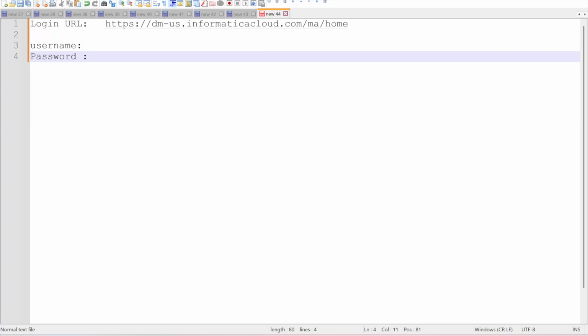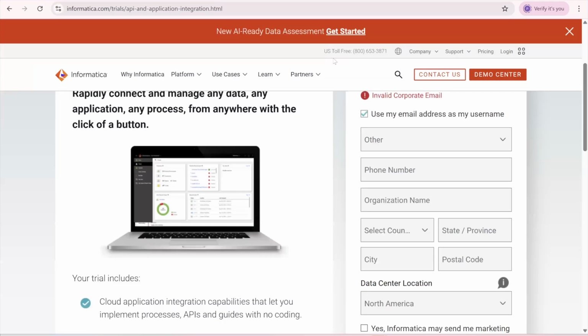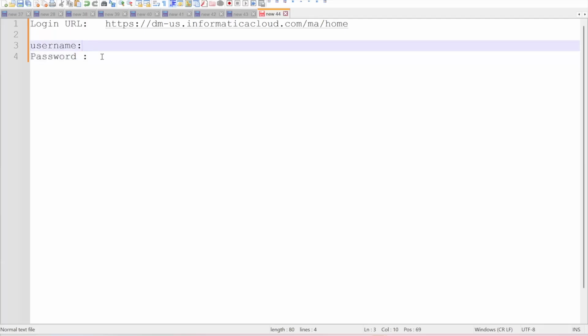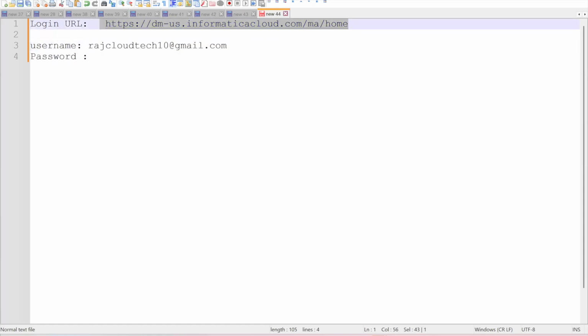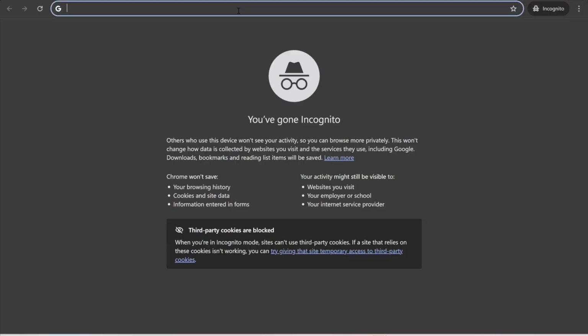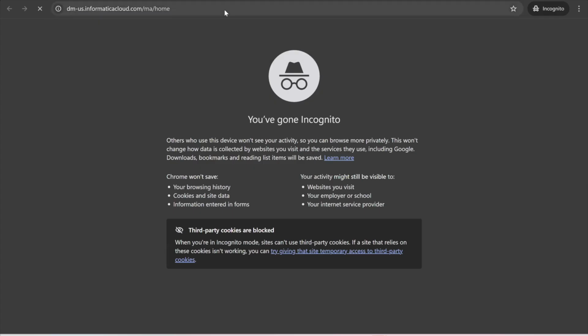So previously we had already created with this Gmail ID. I am going to this URL. So to log in, where do I need to go? I need to go to a Chrome incognito window, new incognito window, and paste this.